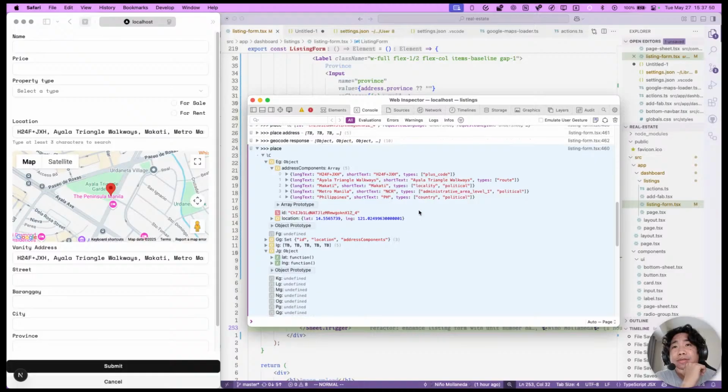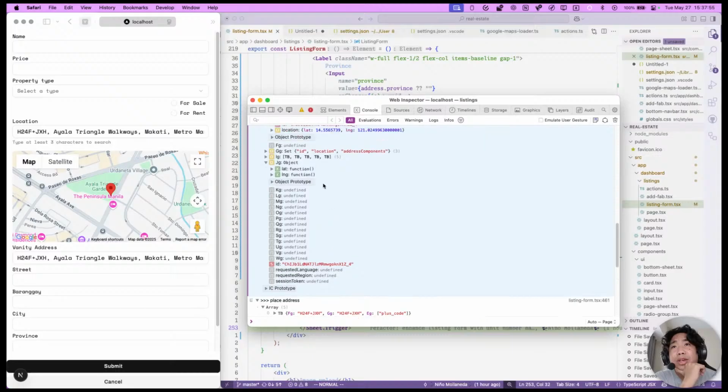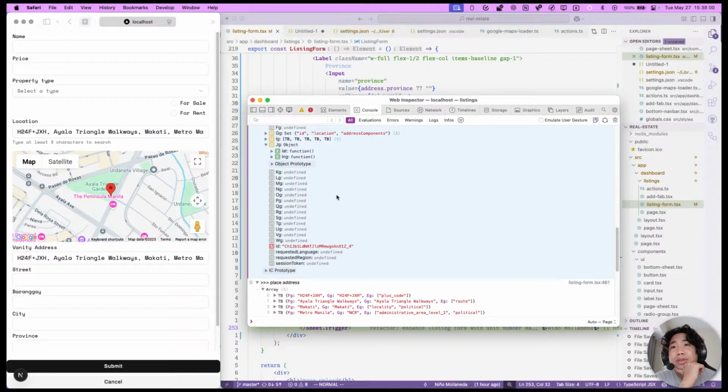Yeah, bro, it doesn't have postal code sometimes. What the heck? What the